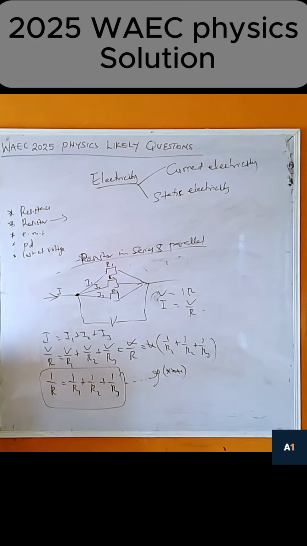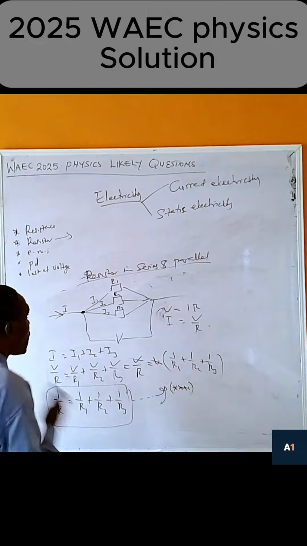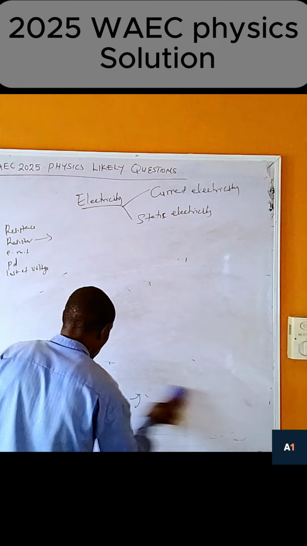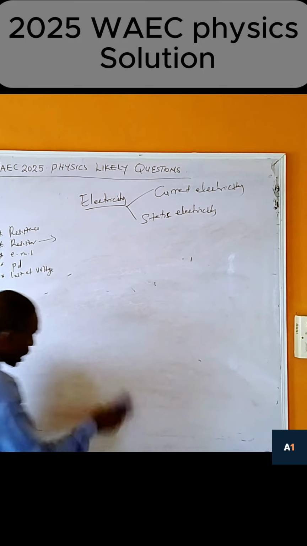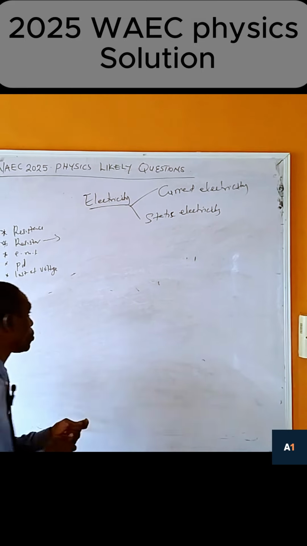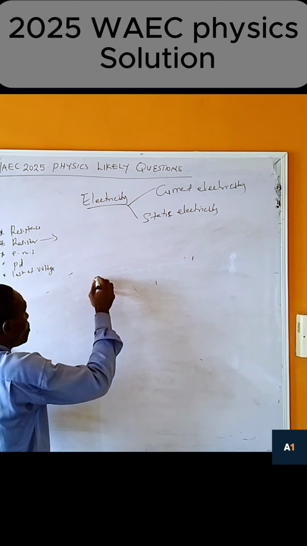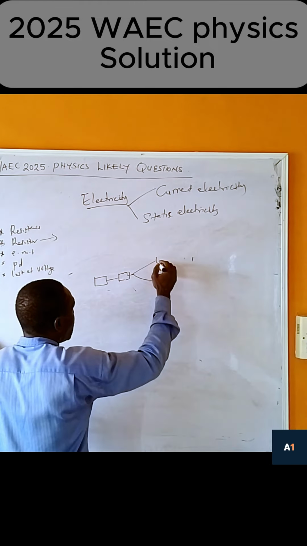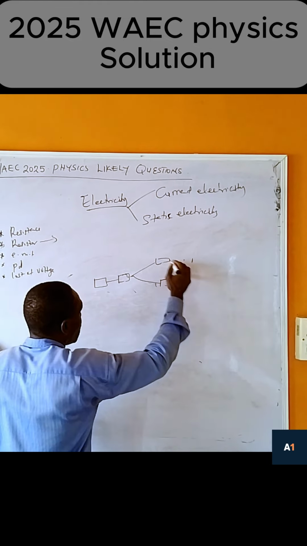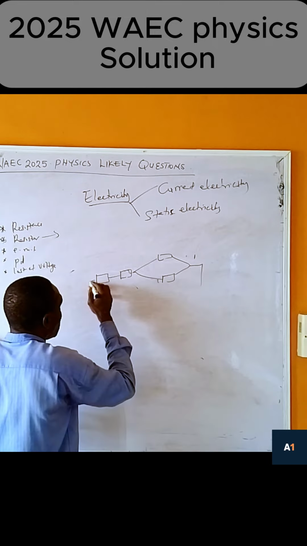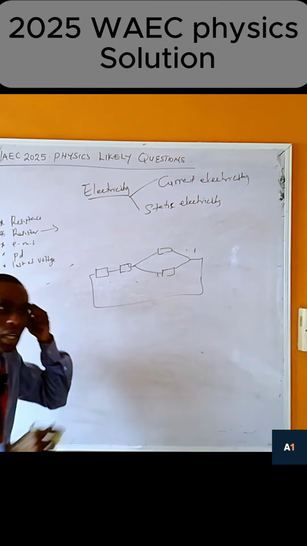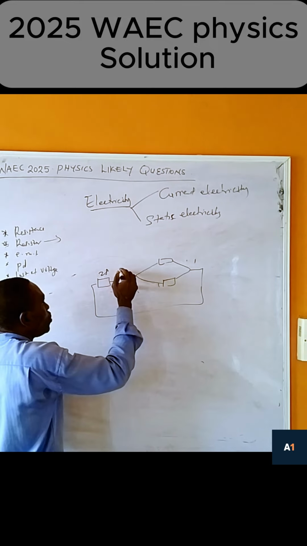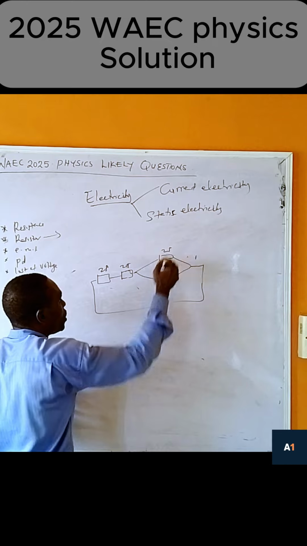Now let me quickly sort it out before we move to the last question that we ask you here. I will just draw the diagram. They can use words to say it. Let me draw the diagram. If you have something like this, they will say 2 resistors of, maybe, 2 ohms. Let's say 2 ohms, 2 ohms, and 2 ohms.